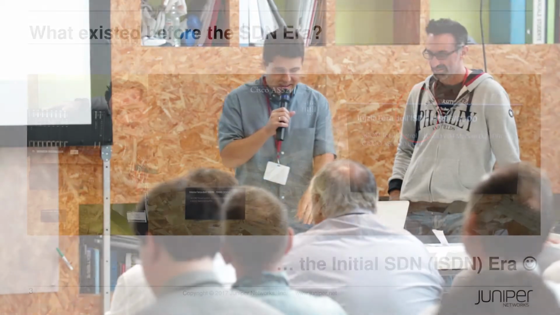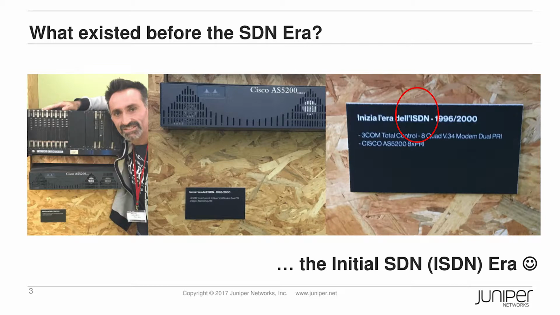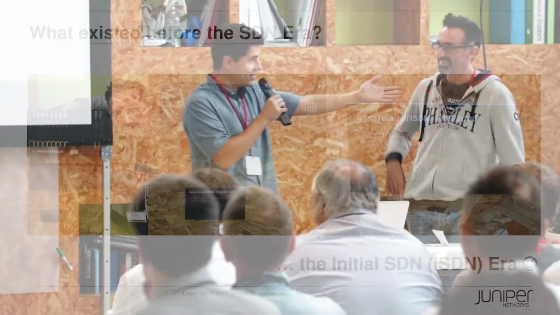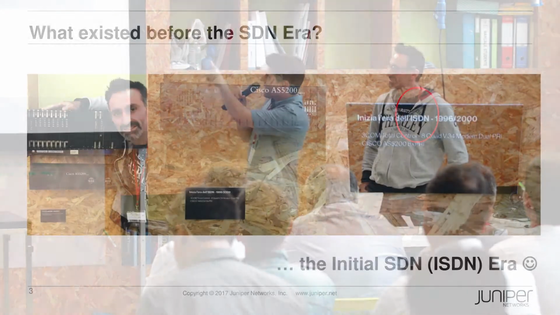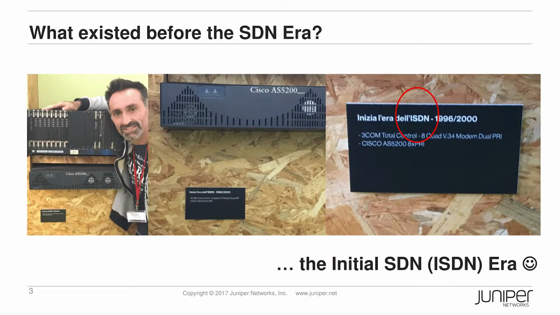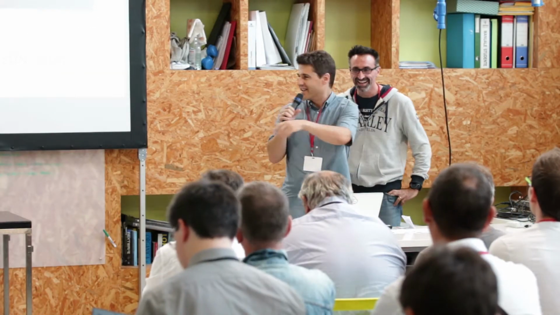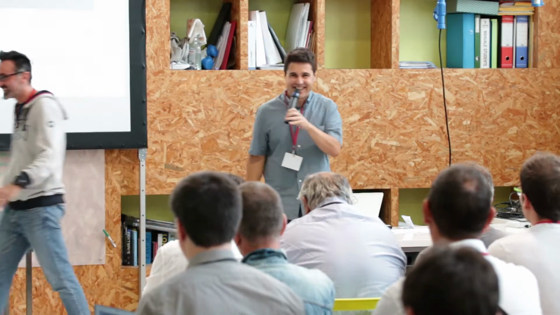Allora, come la mia presentazione è peggio che il mio italiano, comincio con uno scherzo. In that way, I am sure that you will remember the presentation. So the question is, what existed before the SDN era? So here, I don't know if you have seen, there is a museum of networking history. And before the SDN era, there was Massimo. Thanks to Massimo, internet exists today in everywhere, especially in Italy. And so before the SDN era, if you look very carefully, before SDN, there was ISDN, the initial SDN era. So that was the scherzo. Nobody laughed, thank you. You can go back. Thank you, Marco. Okay,